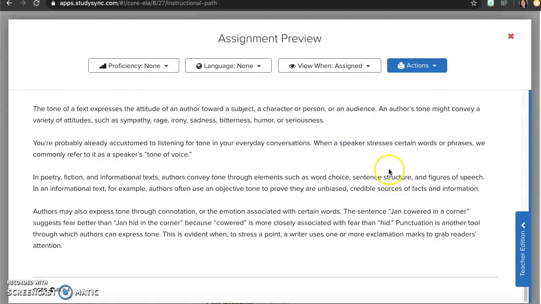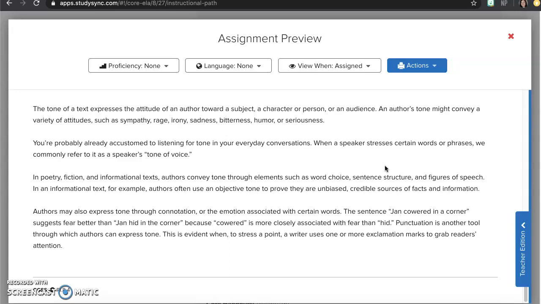The tone of a text expresses the attitude of an author toward a subject, a character, a person, or an audience. An author's tone might convey a variety of attitudes, such as sympathy, rage, irony, sadness, bitterness, humor, or seriousness. You're probably already accustomed to listening for tone in your everyday conversations.